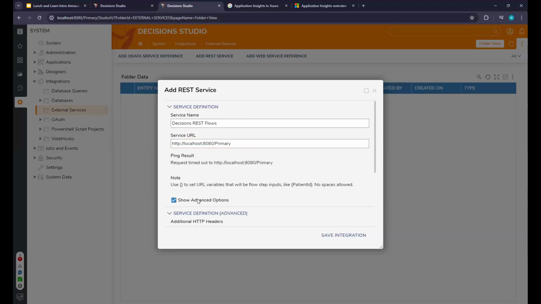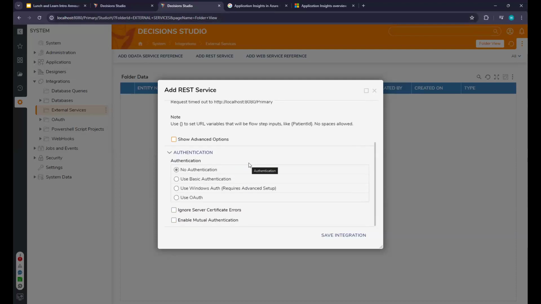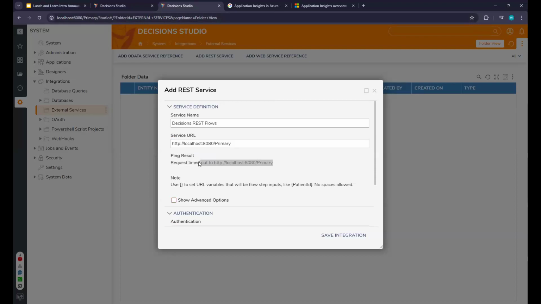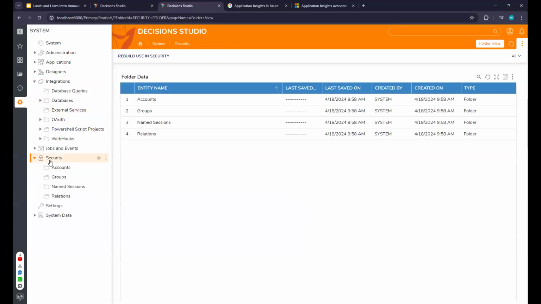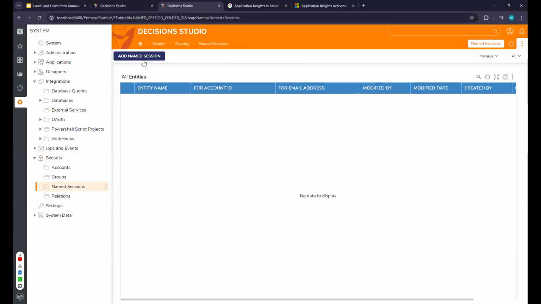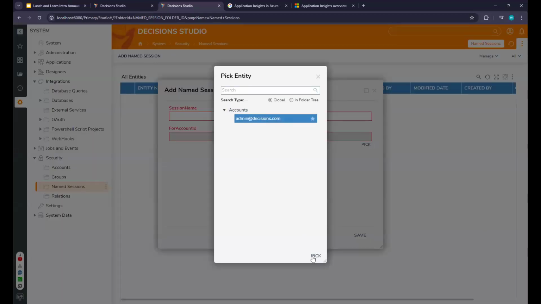I don't like that. I'm gonna have to use a name session. Anyway, I'd recommend a name session at that point. They could just call the flows as an API, so it'd just be Decisions calling itself. And then you can use name sessions, for example. So if I just pick myself, admin,